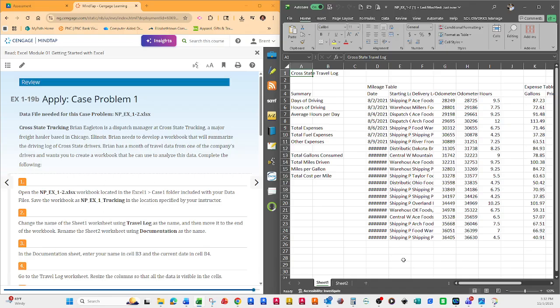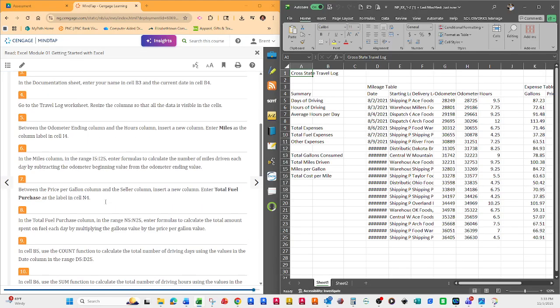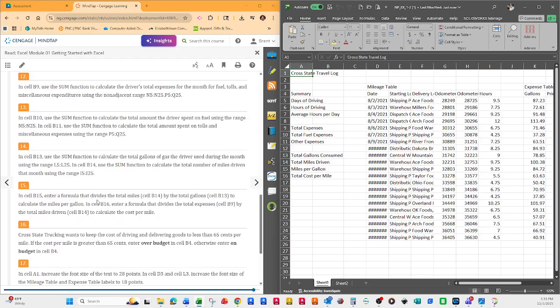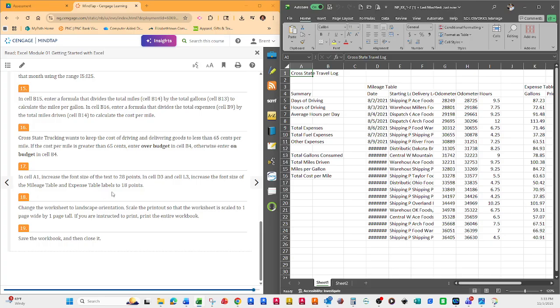I could have my directions, and then there's my thing I'm working on, and I can do that. Now, if you've got two screens, you can have this on one screen and this on another screen. So maybe I just added more fun for you, but anyway, the deal is your directions are right here. You follow the directions, go through the whole thing. Now, something you've got to remember is